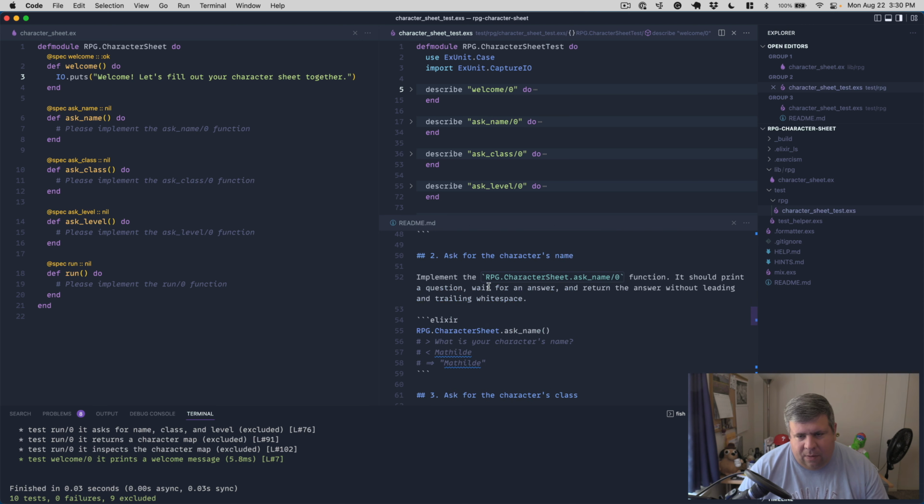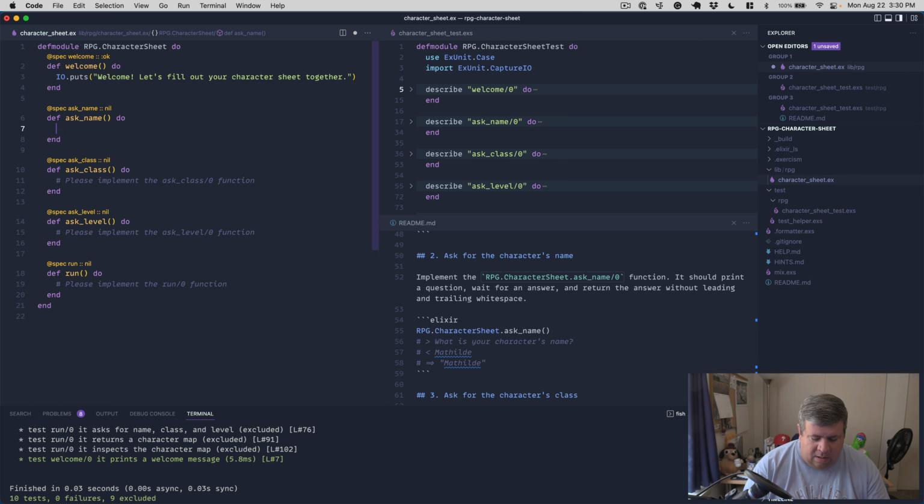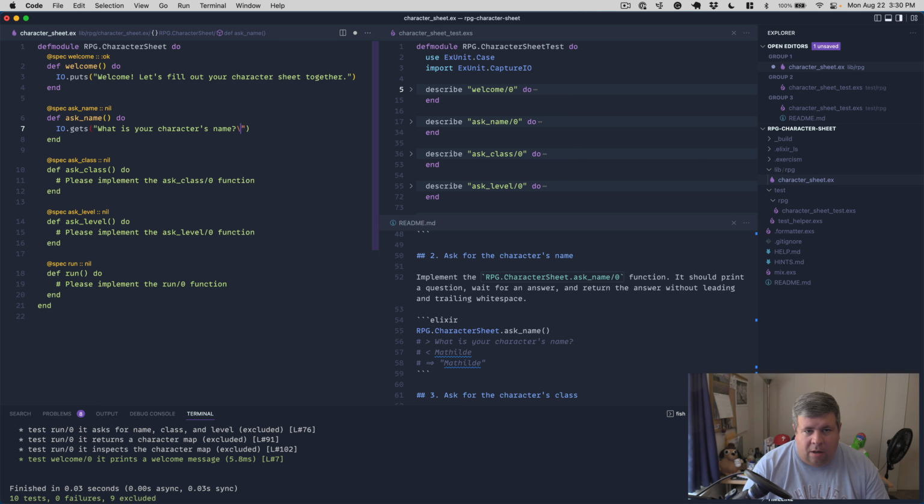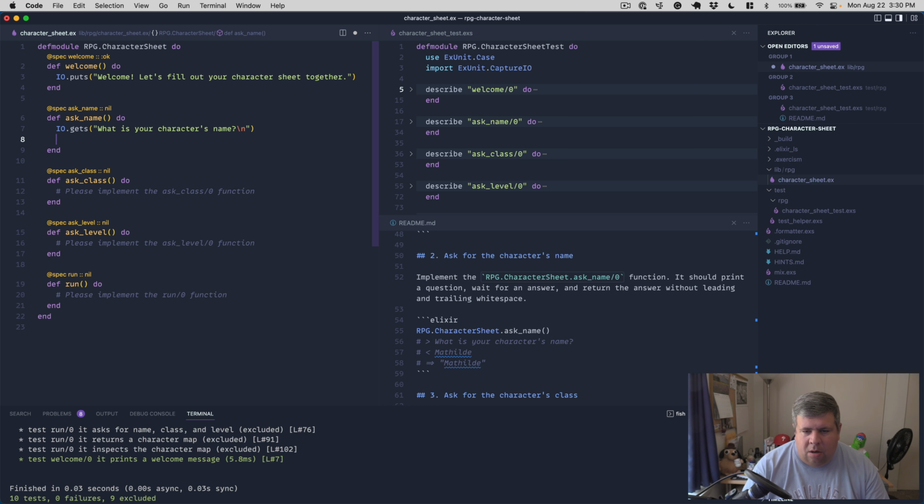Number 2, ask for the character's name. Implement ask name. It should print a question, wait for the answer, and return the answer without leading and trailing white space. Okay, so we'll start with io.gets, and we'll say, what is your character's, spell characters right, name, question mark, new line, and